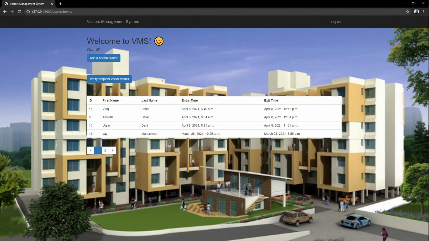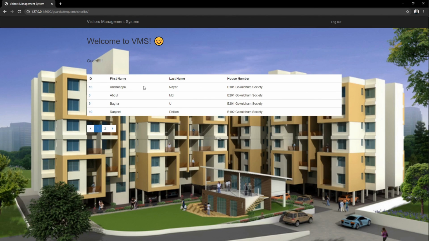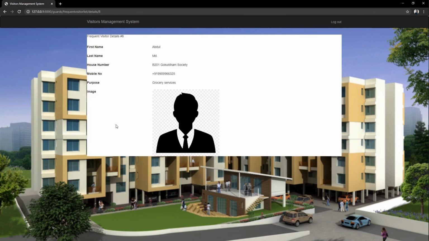Now, if any frequent visitor arrives and the guard wants to verify them, he has to go to verify frequent visitor details, and from here he can see all the details of the frequent visitors. Now if I want to see the details of Abdul, I have to click on his ID, and I can see all the details of Abdul.